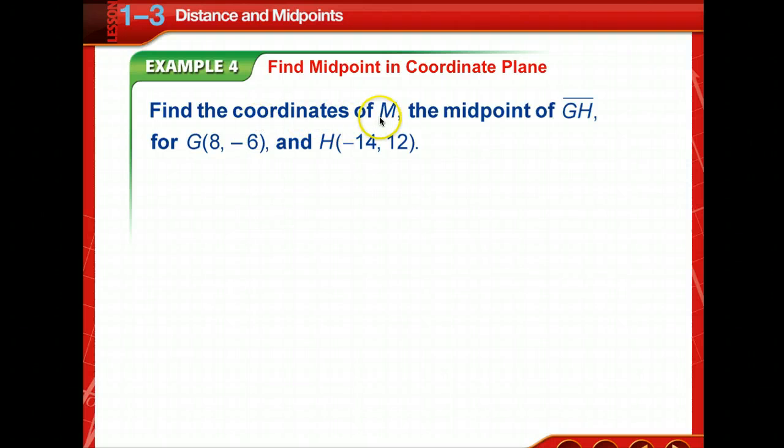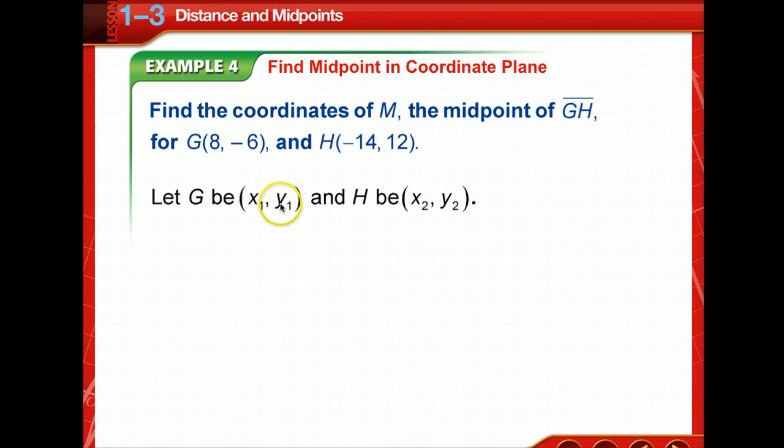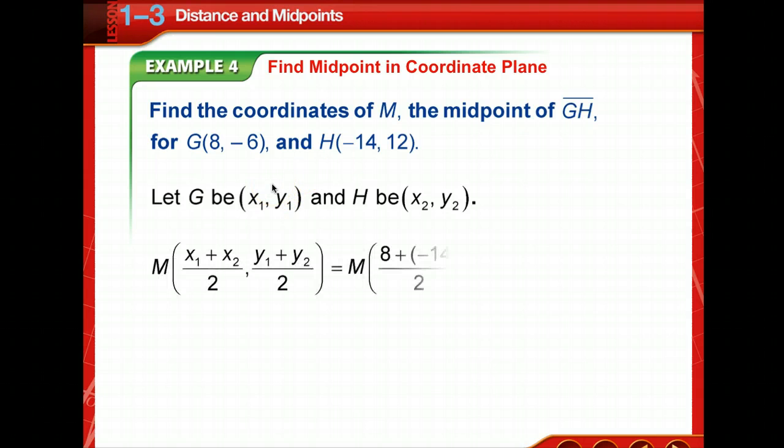So we're to find the coordinates of M, or the midpoint, of segment GH. And we're given this value for G. The endpoint is 8, -6. And the coordinate for H is -14, 12. So in this case, we're going to let G be point 1 and H be point 2. And again, it doesn't matter which one you choose for 1 and 2. Those are interchangeable. You'll get the same answer. We'll substitute it